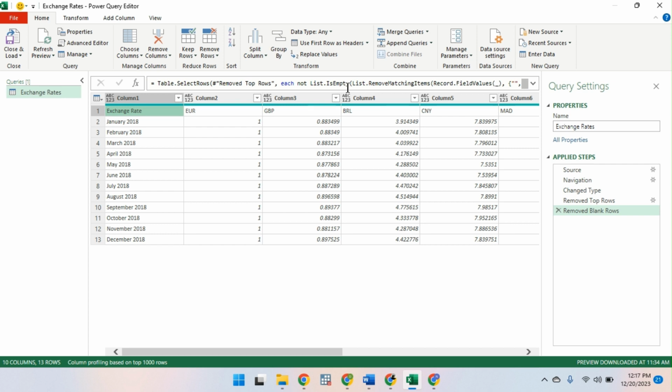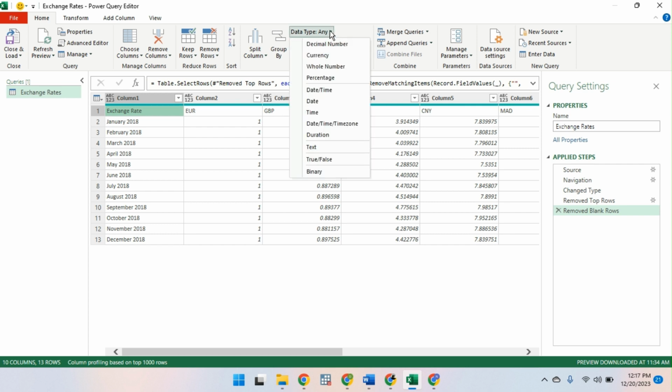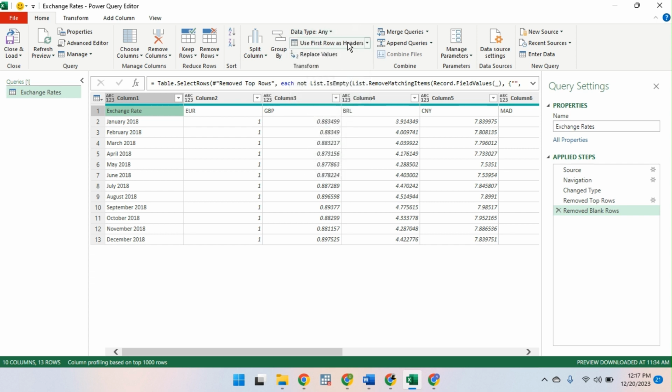So how do you do that? You'll notice that Power Query automatically updates the steps here. Again, that is very important. So from the Home tab, I want you to look at it very keenly. We want to promote the first two rows,